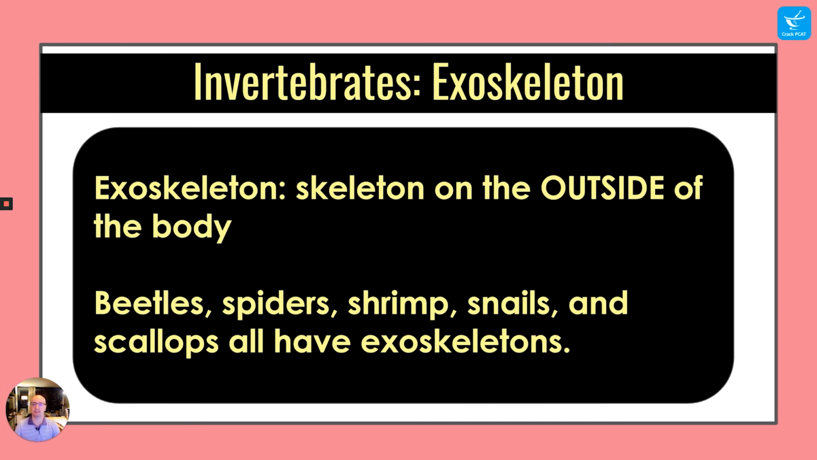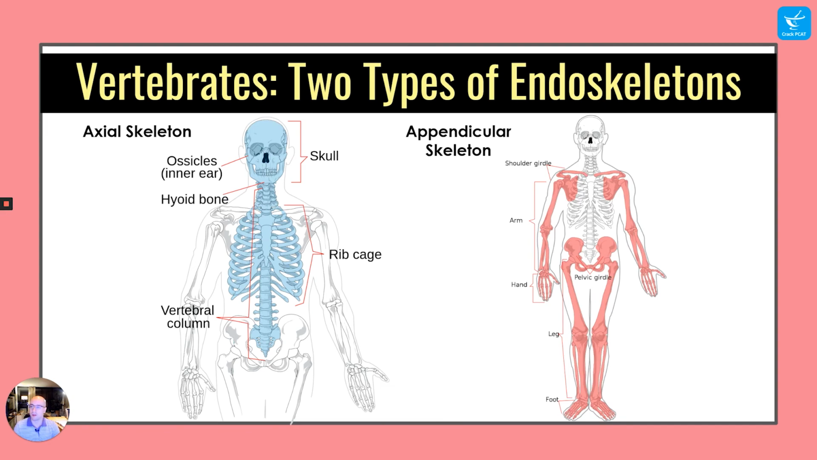The exoskeleton is a skeleton on the outside of the body. It can be made of chitin or calcium. Beetles, spiders, shrimps, snails, and scallops all have exoskeletons. Mammals,